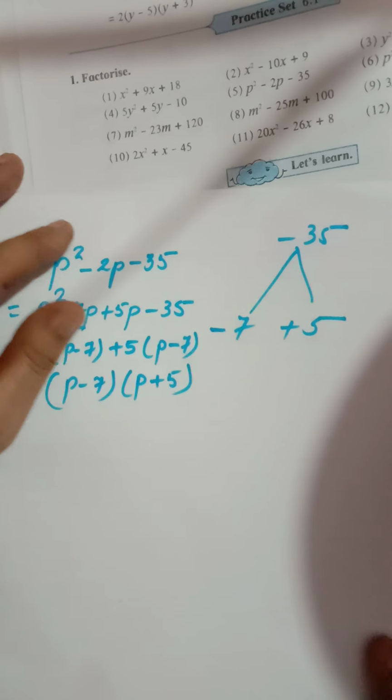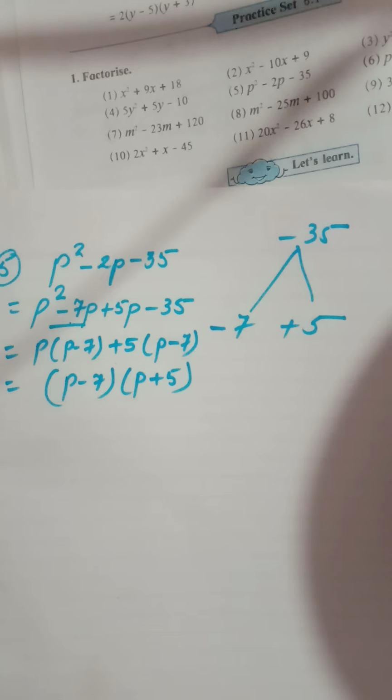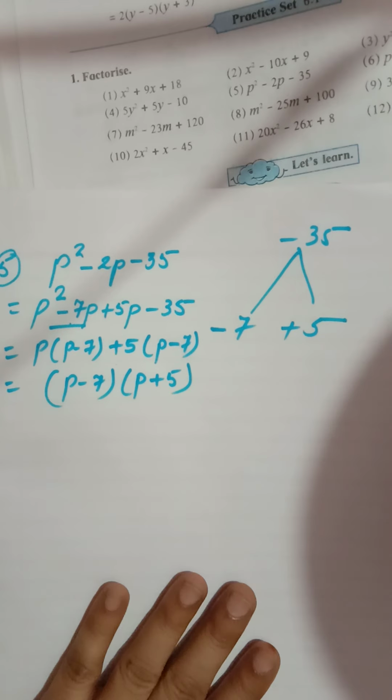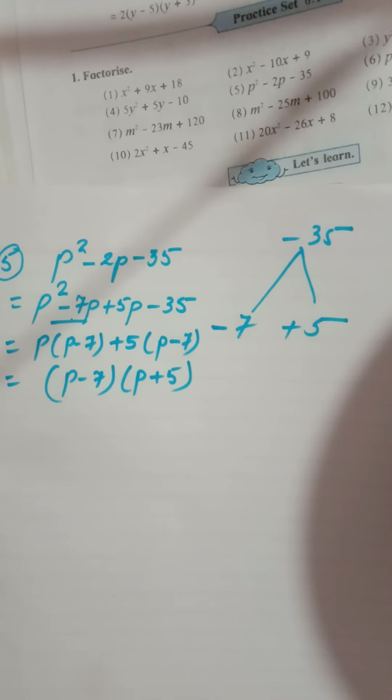So I hope you have understood. Try at least 2-3 sums on yourself first, before seeing the solution that I will be sending, and then if you are not able to do them, you see the solution. I will be sending the solution after 12 o'clock tomorrow. Before that, you will try these sums a little.